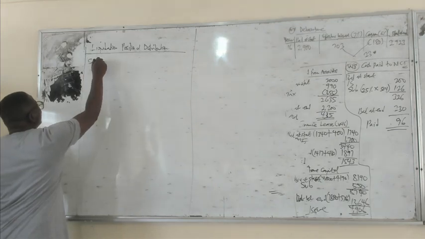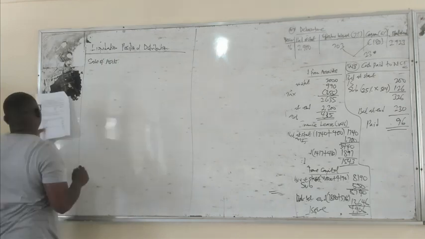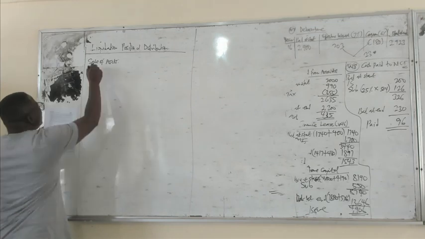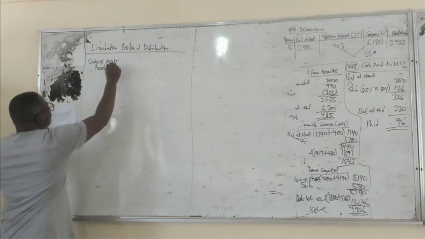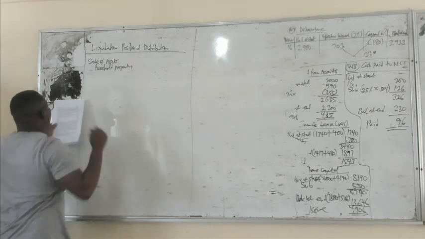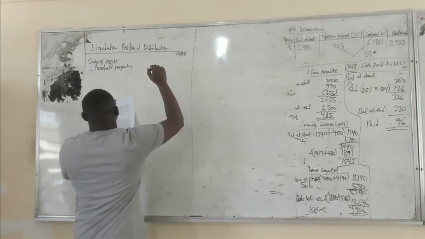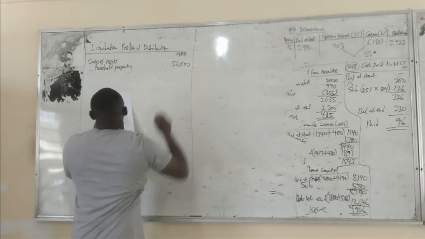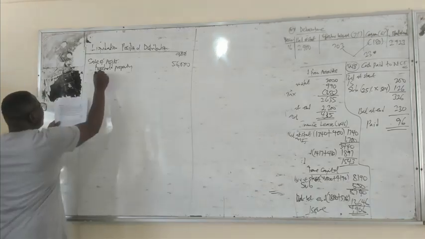So sale of assets or realizable amount. So you're going to sell all the assets and share the money. So selling the freehold property, what will be the realizable amount? When we sell the freehold property, we're going to get 50 million. Okay. When we sell the equipment, we will get